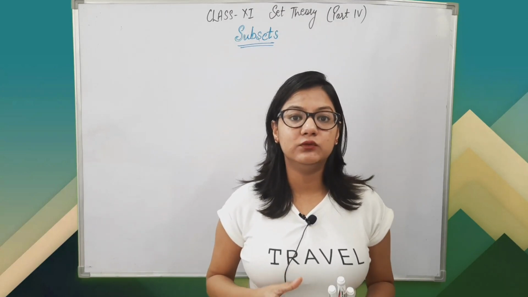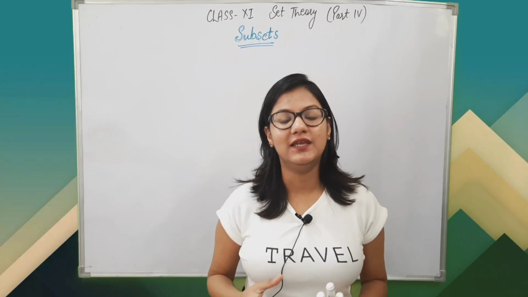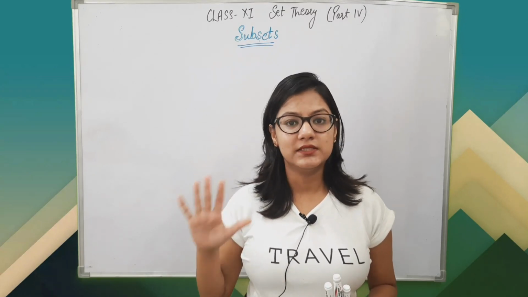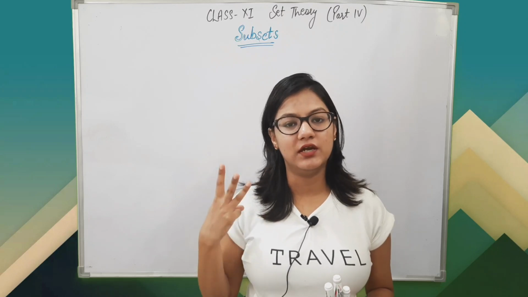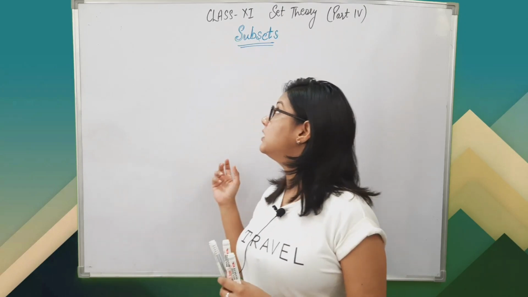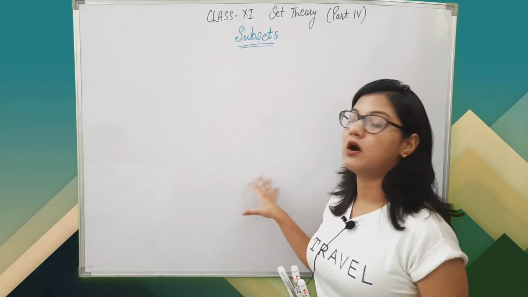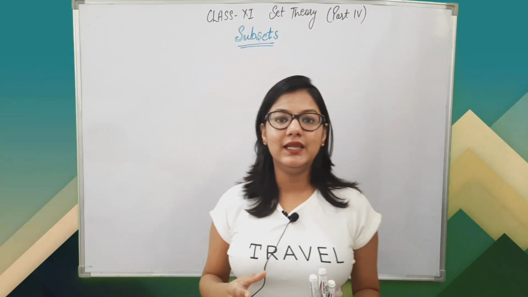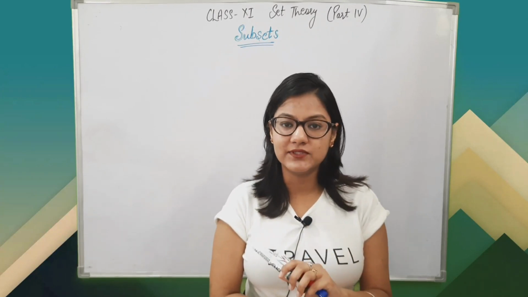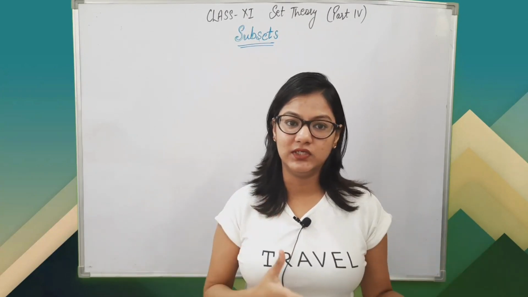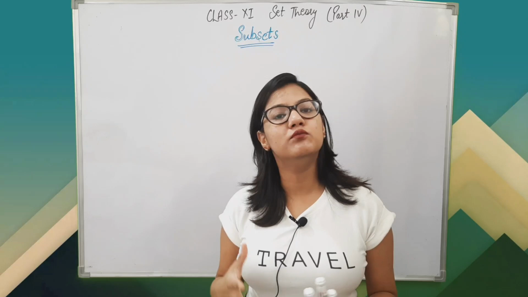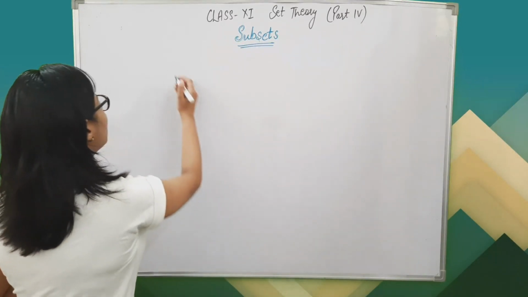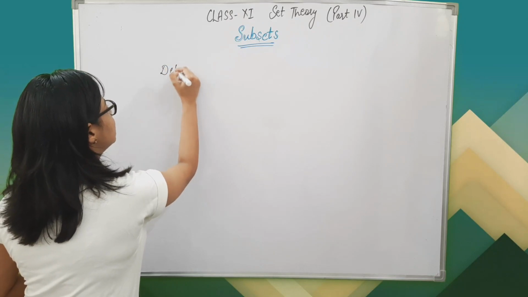So we are already done with the three parts of the set theory. As in part 1 I already discussed with you that I divide the set theory into 5 parts, and we are done with 3 parts, and today we are going to do part 4 of the set theory, that is your subsets. So quickly let's first see what is a subset, and then obviously, as we did in part 3, we will move to our examples to understand it more clearly. So what is the definition of subsets?